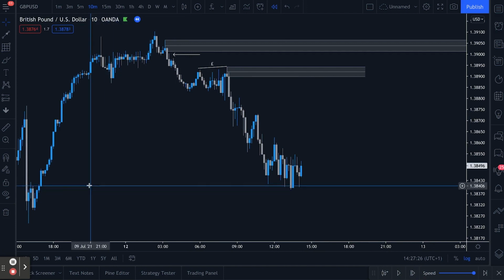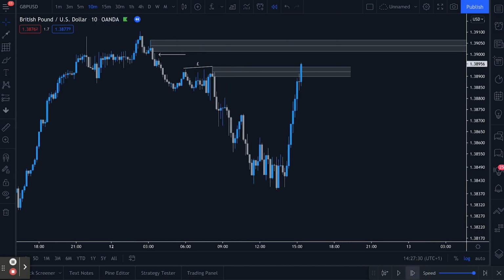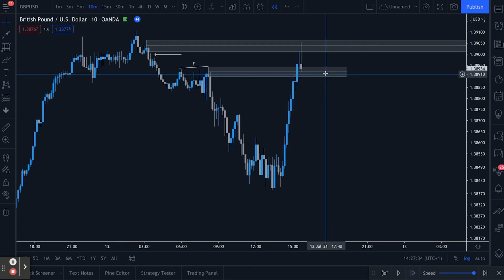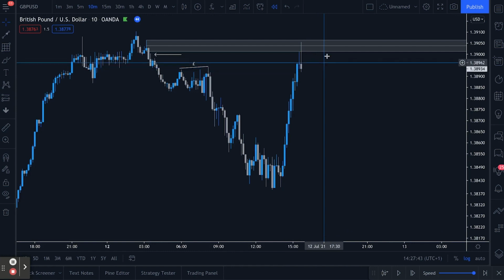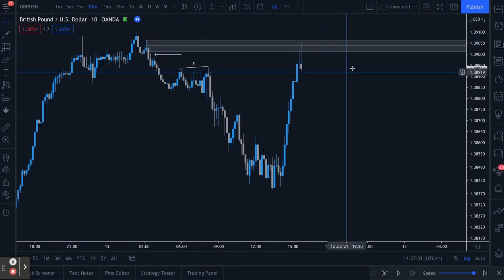So allowing the market to play out, you will see that we had a little bit of consolidation around that point that I said I was expecting a bounce from. And then we did indeed have a big push up. Now at the first region, we had no confirmation, but when we tapped into the second region, we saw a lot of selling pressure come in and a nice bearish engulfing closure on the 10-minute time frame. Now this for me isn't where I would sell. This is a decent confirmation. We've seen the liquidity swept, we've seen the imbalance filled, and we've seen the zone fulfilled,